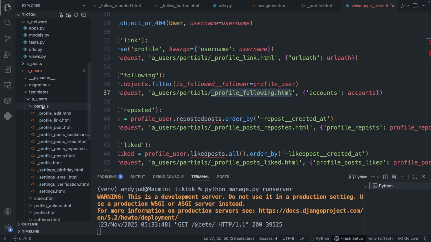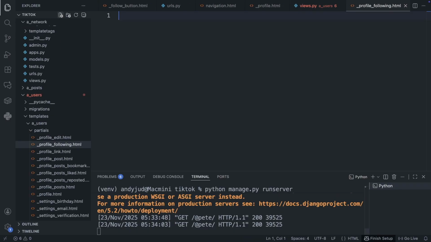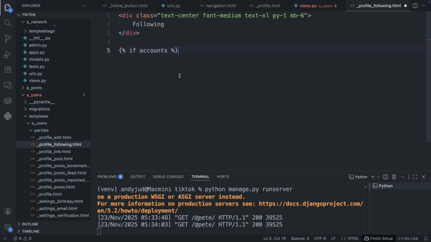Go into the partials folder. And create this file. Here we have a title with the classes text center, font medium, text XL, with a padding top and bottom of 1 and a margin bottom of 6. Then here I check if we have accounts. In that case, I'm looping through the accounts with for this user in accounts,